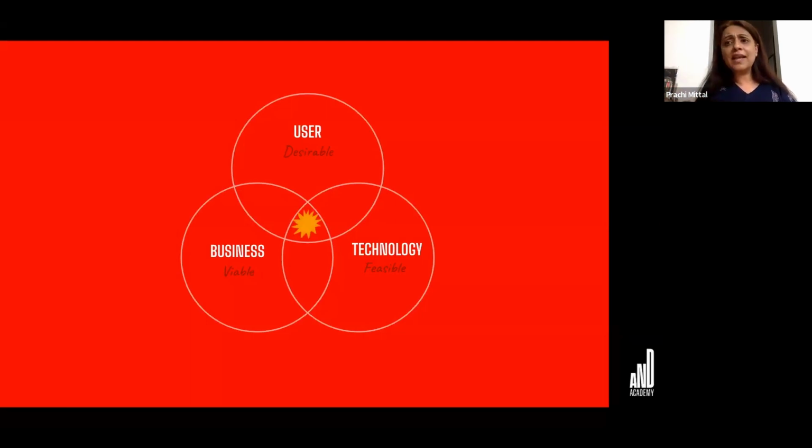So, as a UX designer, I cannot come up with ideas which are going to be difficult or impossible or challenging to execute because we don't have the technology, or are so heavy in resources that it doesn't become business viable to execute them. So, when all three are taken care of, at that sweet spot is the success of UX UI design.